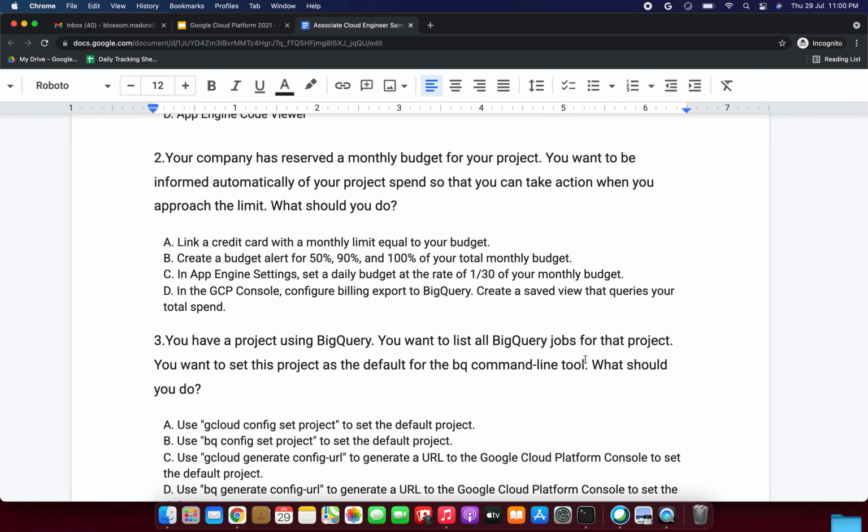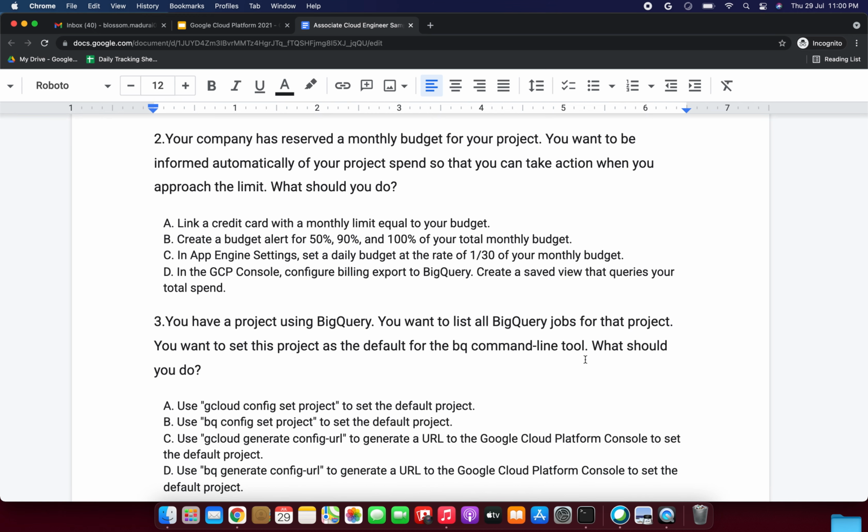Okay, next we are going to see: your company has reserved a monthly budget for your project. You want to be informed automatically of your project spend so that you can take action when you approach the limit. What should you do? Option A, link a credit card with a monthly limit equal to your budget. Option B, create a budget alert for 50%, 90% and 100% of your total monthly budget.